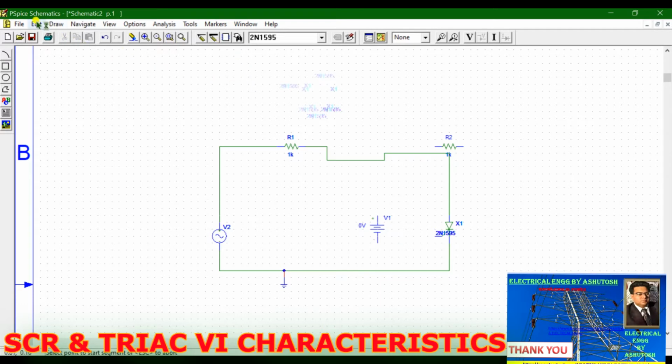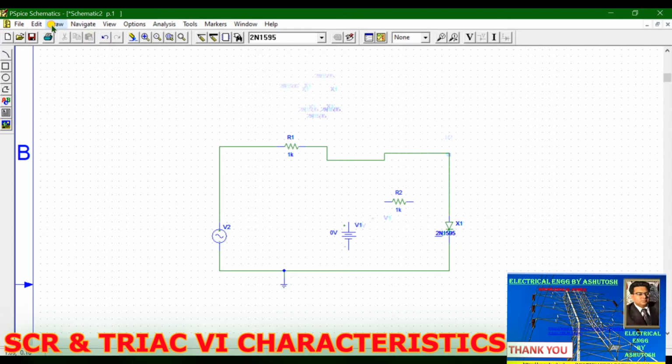Then guys, select this resistance, drag this resistance here, select this supply voltage source, drag this here, so that you can join this resistance and this DC voltage source from this gate terminal.